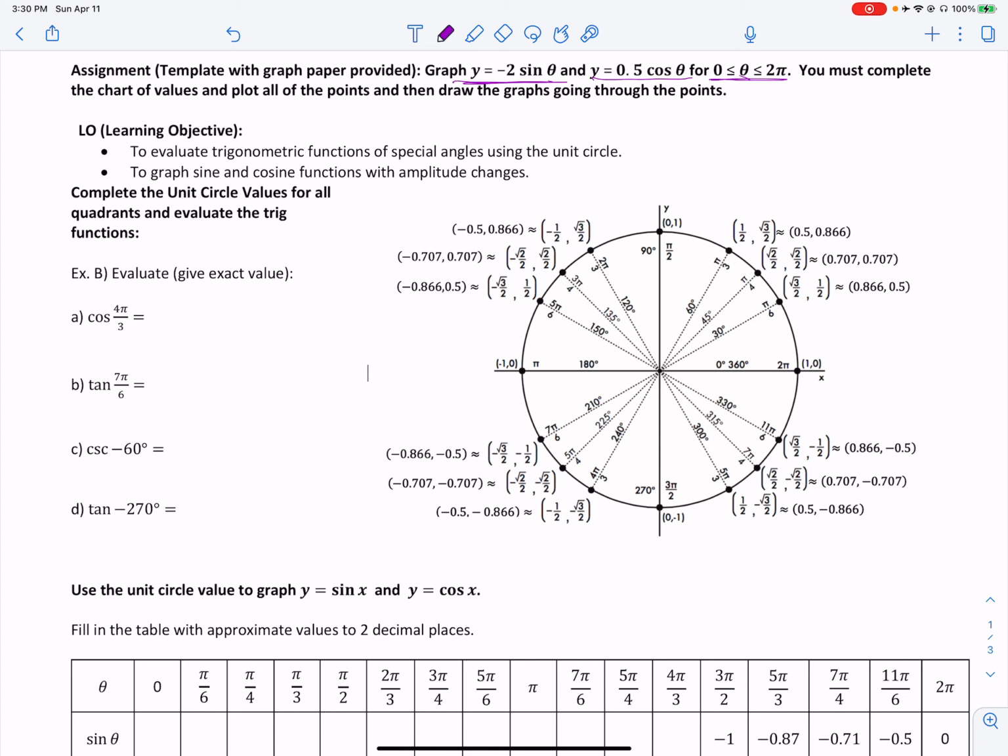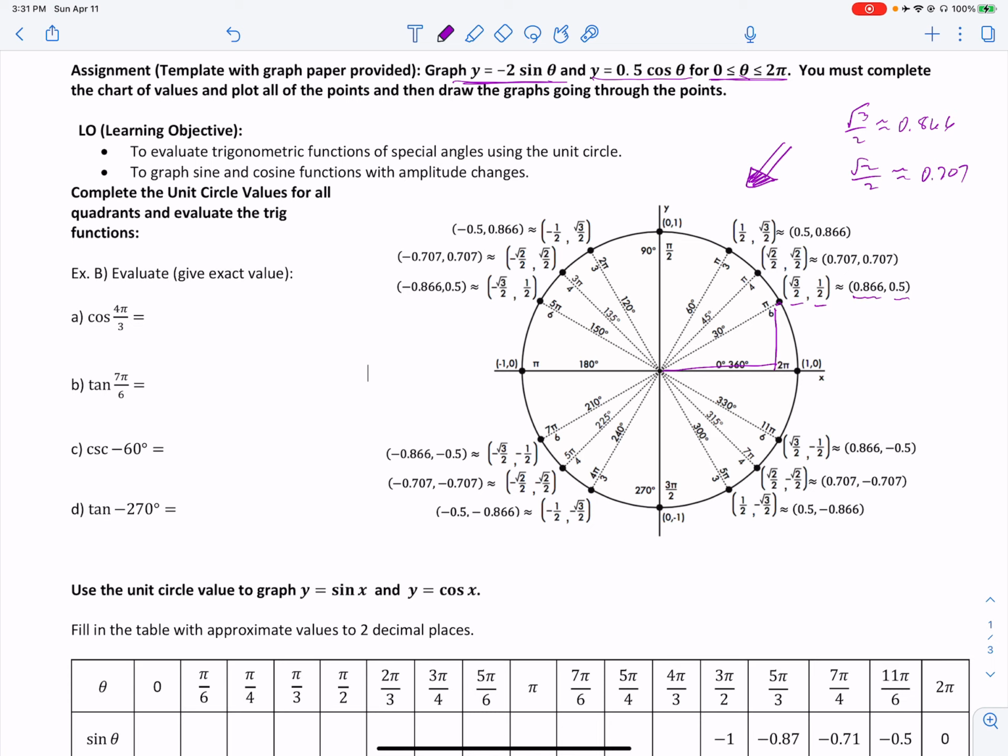You will note that in this graph down here, I have filled out all of the ordered pairs. So at 30 degrees, you go long and then up short. So it's √3/2 up 1/2, and so on with all these ordered pairs. And then I have approximations of values. It's good to know that √3/2 is approximately 0.866, √2/2 is approximately 0.707, and of course, 1/2 is 0.5. We're using those decimal approximations to help us graph these functions